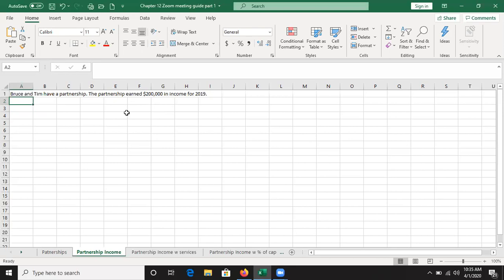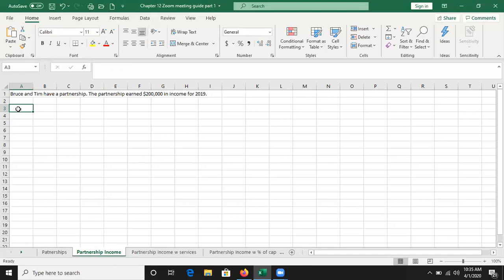Okay? It's just, hey, here's net income. This is what we have, $200,000 in income. What do we do with it? It has to be distributed to the partners, 100%. And what it actually does is it goes to the partnership capital. So, in that partnership agreement I talked about on the first page, what happens is